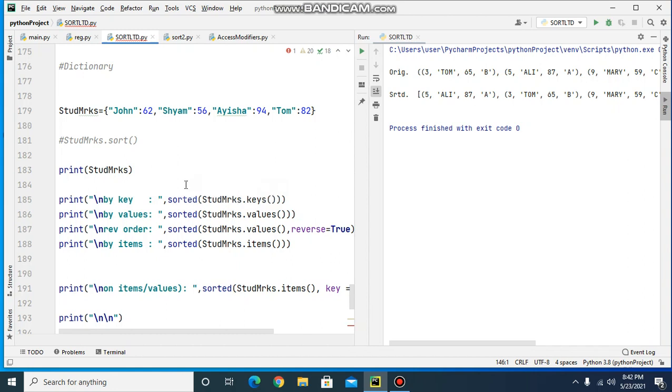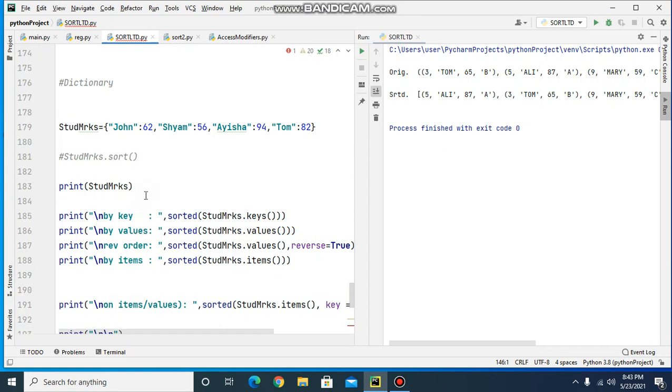When I am applying this sorted function on this keys method, it will sort on the keys and the output will be a list of keys. When I am using this values method, the output will be a list of values, and here I am setting reverse is equal to true for values, and then when I am using the items method, the output will be key value pair sorted in the ascending order of the key. Now we will execute this.